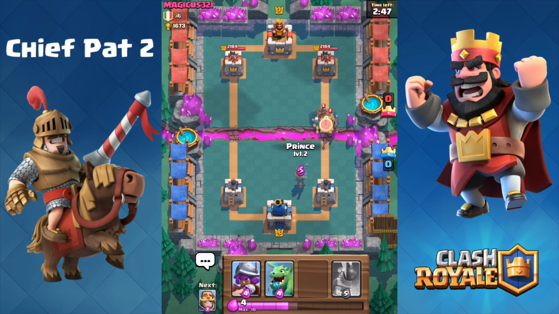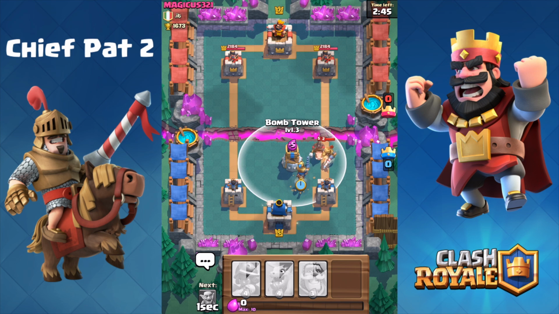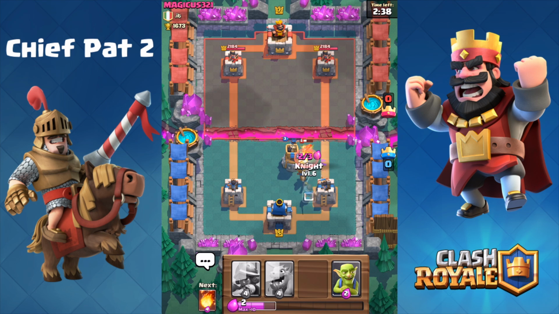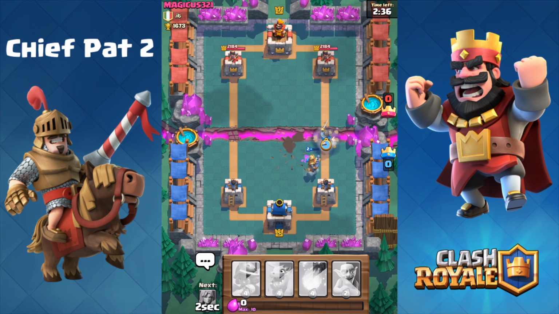Alright, so he's going to be starting off strong with the Hog Rider and the Prince Push. I'm going to play a Bomb Tower. I would have liked to play Goblins if I had them, but it looks like my Prince plus my Tower were able to take out both of his pushing troops, and now that we're going on the offensive, I actually